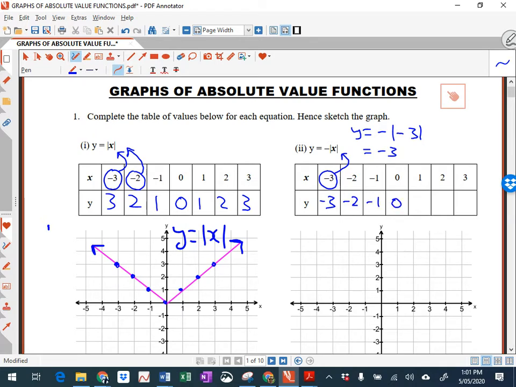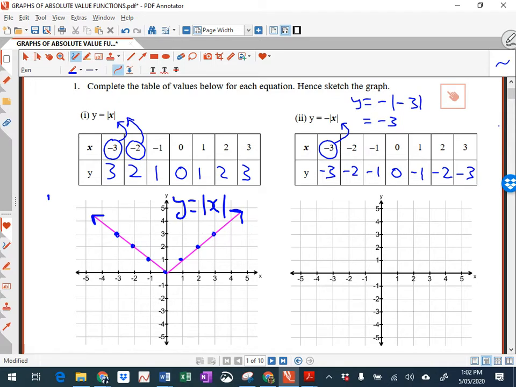Here I'm going to have, putting 1 in there, absolute value of 1, which is 1, and then put a minus sign in front of it. Absolute value of 2 is 2, and then put a minus sign in front of it, and then -3. Okay, so what we'll do there